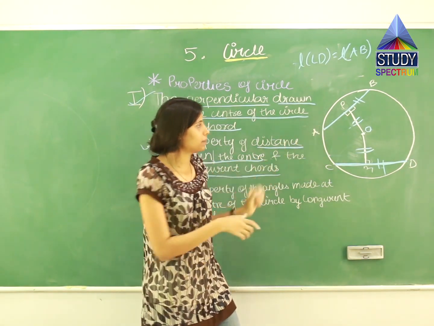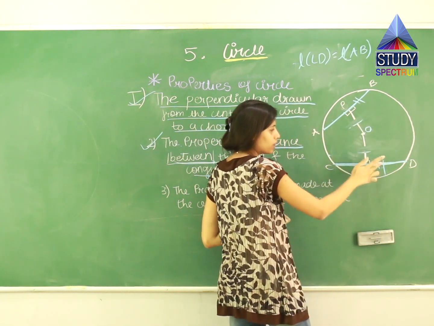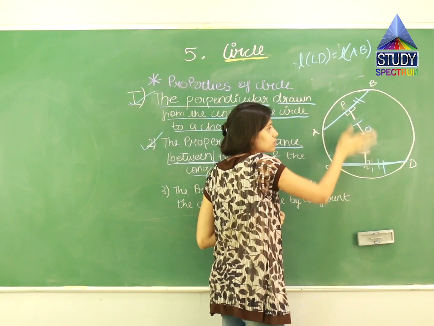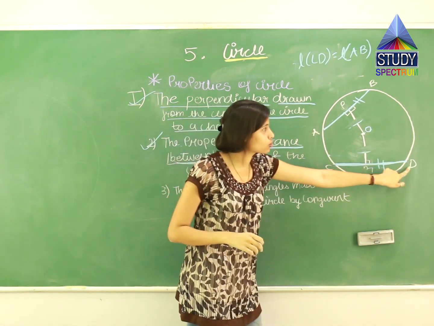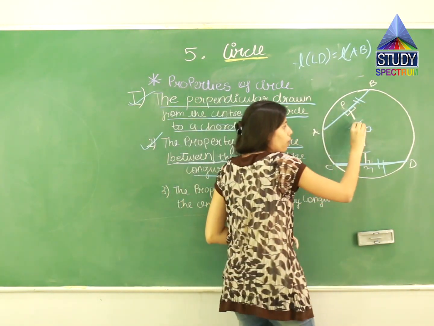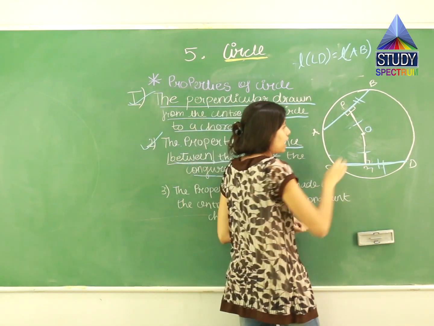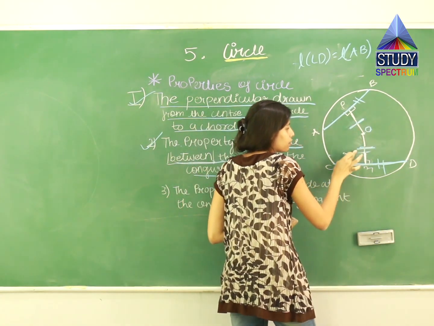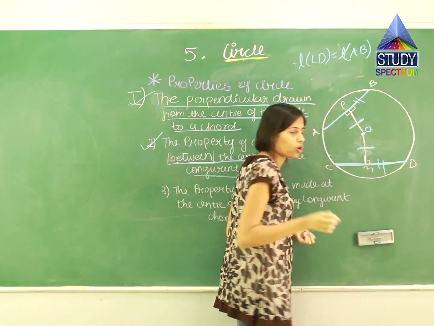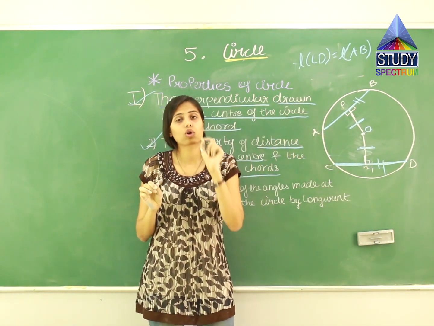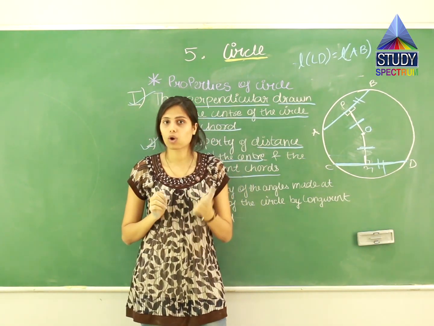See, congruent is represented by this. Okay, I will represent this by 1. Otherwise, you will be confused between these two congruent chords and you will think these 4 are congruent. These 4 are not congruent. CD is congruent to AB and OP is congruent to OM. Getting? So, I will represent this both by 1 line. मतलब क्या? अगर दोनों कॉर्ड्स कॉन्ग्रुएंट होंगे तो जो उनके परपेंडिकुलर हमने ड्रॉ किया सेंटर से लेके वो भी कॉन्ग्रुएंट होंगे.